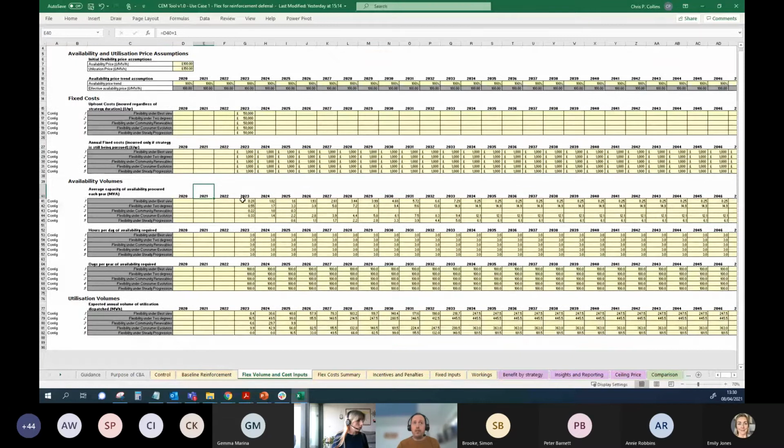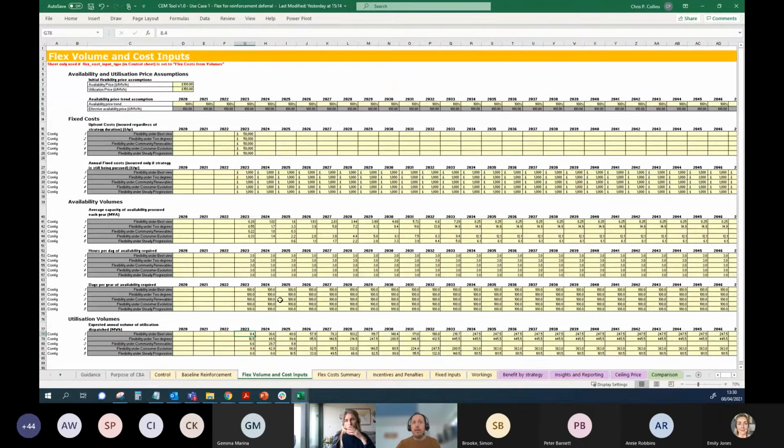So you have your input price and you have your input volumes. You're going to have a volume of availability, which is here expressed in terms of the capacity, the maximum volume of flex required, and how many hours across the year that's required. And you're going to have a separate input for utilization volumes as well. These are going to have to be estimated by the DNO based on their experience of procurement and also the terms of the contracts that they expect to be signing. That all then gets